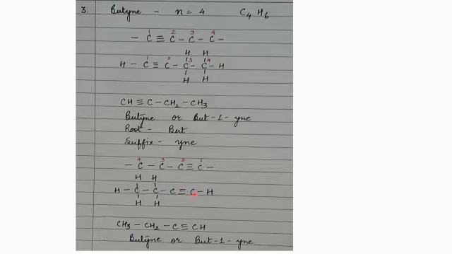And the last one here, the first carbon atom, it is forming a triple bond with this carbon. So it has got 6. One valency is still free, so it will form one single bond here with one hydrogen. So 6 plus 2 is 8. We can write it as CH3, single bond CH2, single bond C, triple bond CH. The name of this compound will also be butene or but-1-yne.